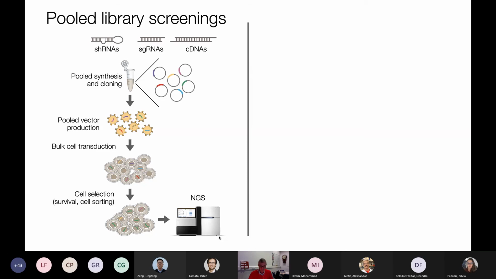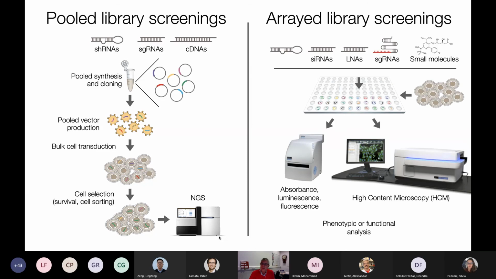Much tricky, very tricky. Instead, another possibility is to do arrayed screenings, in which you have all the molecules in your library